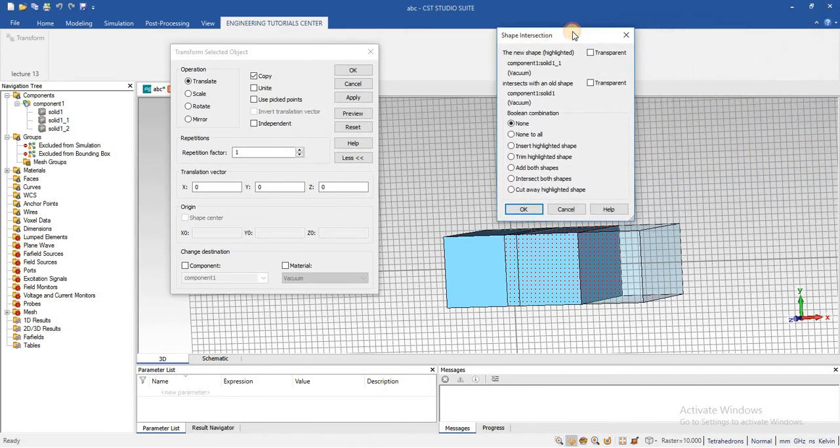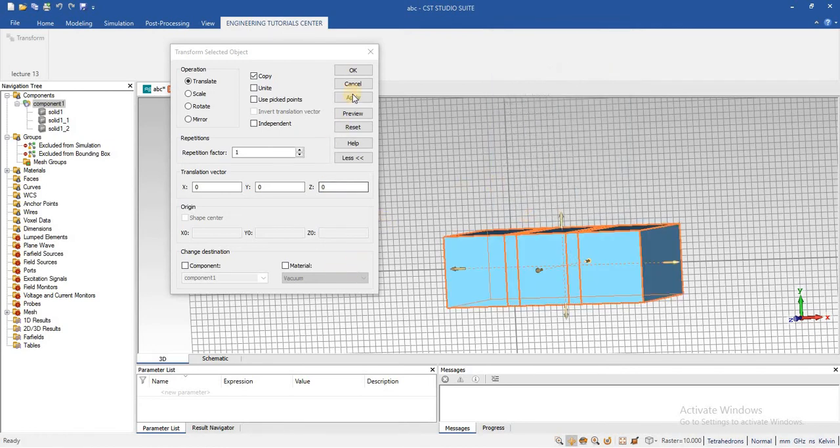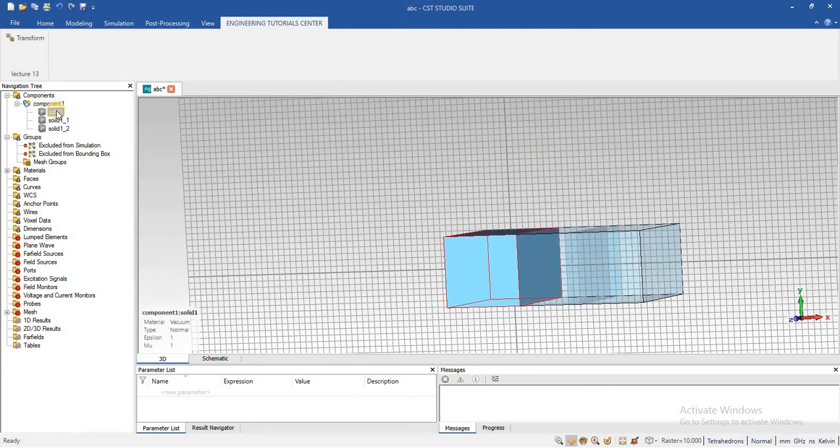You can see that the objects are intersecting each other. If you want to do any operation, you can do that, but we don't want to do any operation. Now here you can see that this is the original object, this is the first copy and this is the second copy.